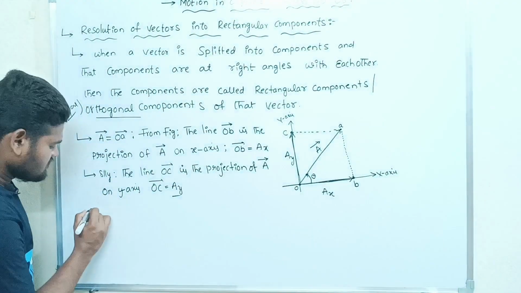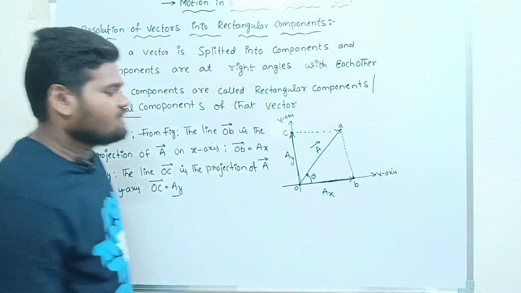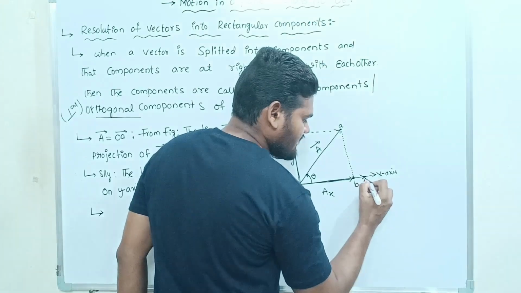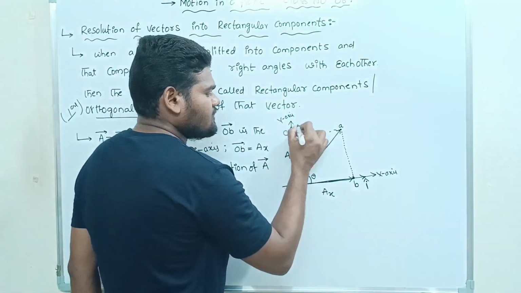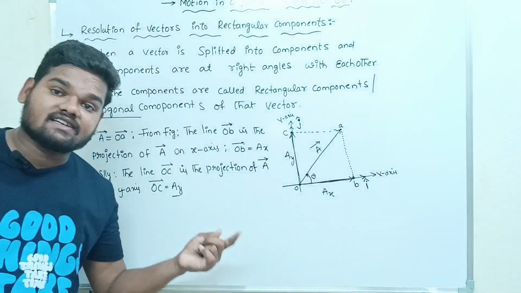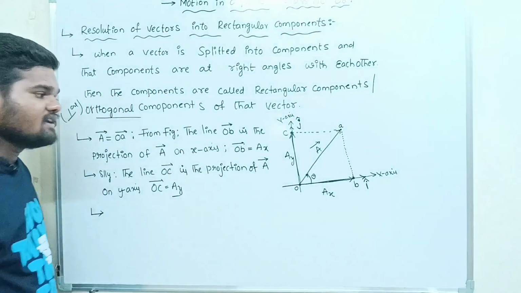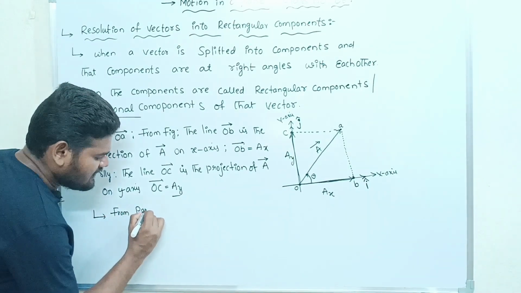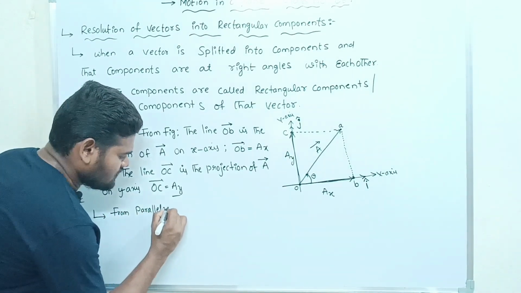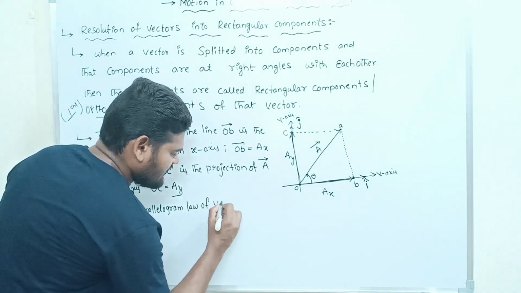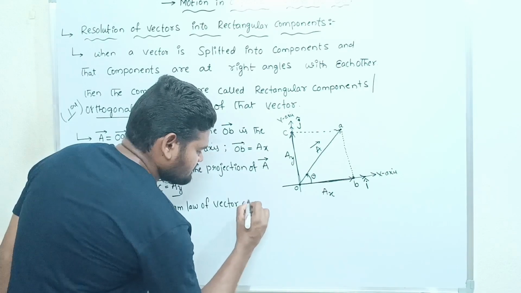Okay, so have a look. As we know, i cap is the unit vector along the x-axis, and j cap is the unit vector along the y-axis. We already discussed this in previous lectures. Now, from the parallelogram law of vector addition,